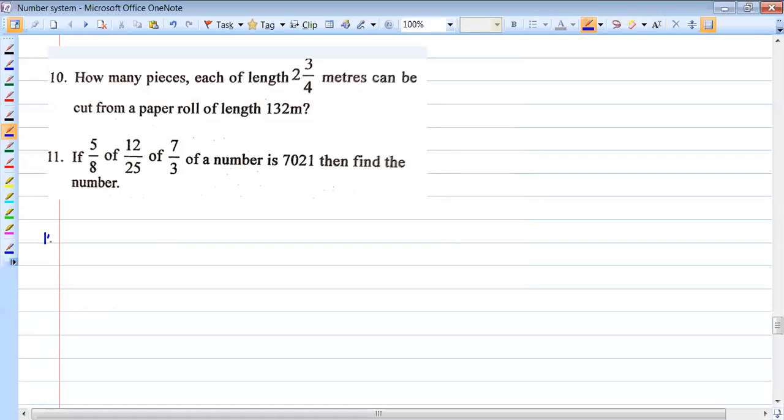Let's check. Question number 10. So I'm expecting the answers from the other students also. Please work out the problems fast and send the message in the chat box. I'll give you 1 minute. Everyone, read the question properly and try to find the solution and send the answer through the chat box.